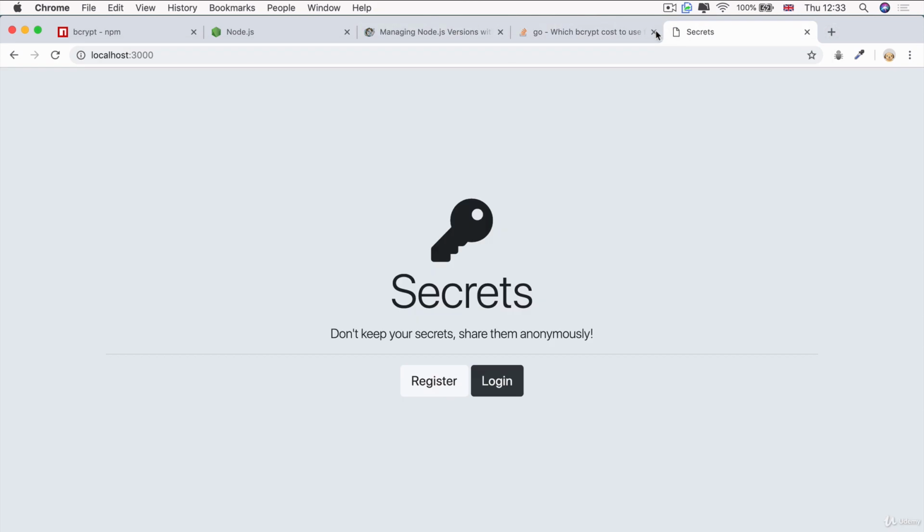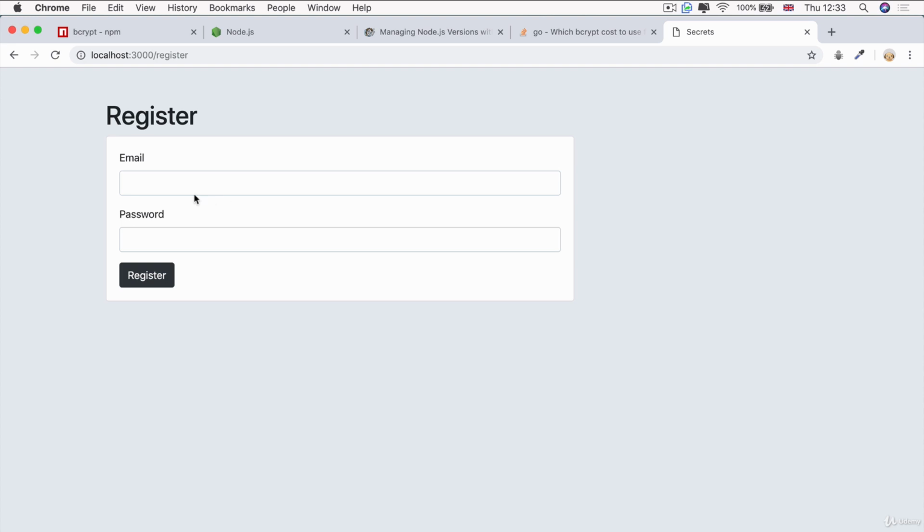And let's head over to localhost 3000. Let's register a brand new user. And this user is going to be user at bcrypthash.com. And I'm completely making up these emails, but it just means that when we look at it in our database, it'll be easier to see which user was hashed with which hash function. So this user is a bad user because they're going to use a really simple password, 123456, and we're going